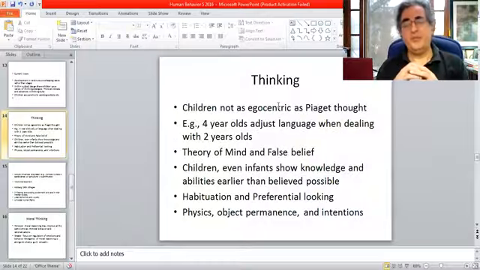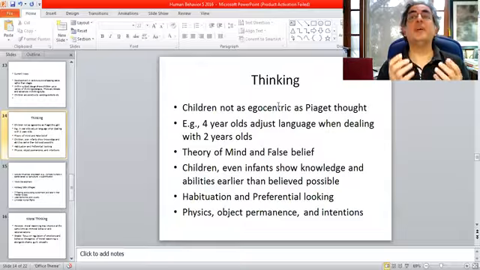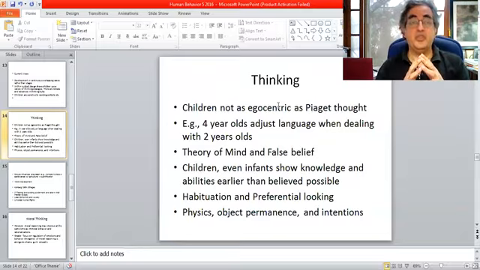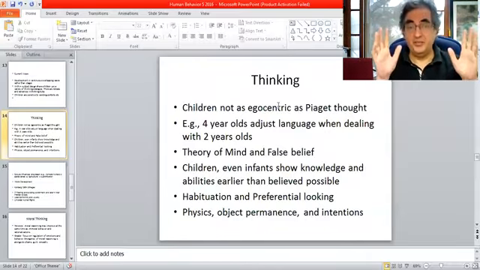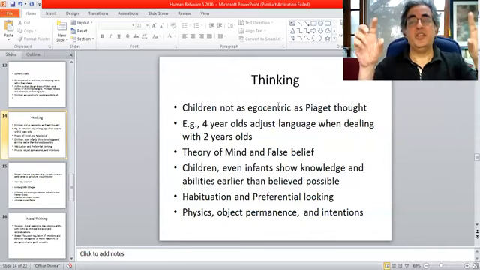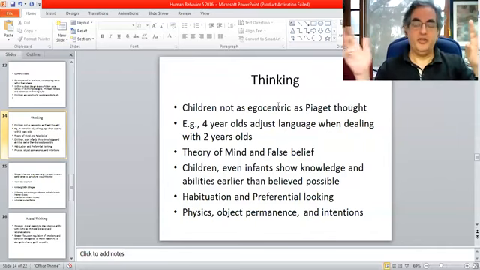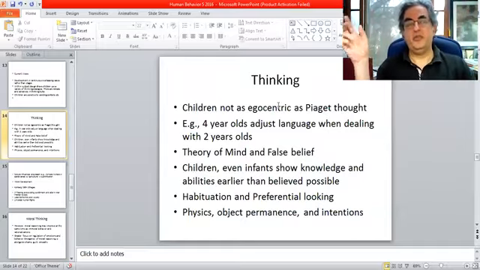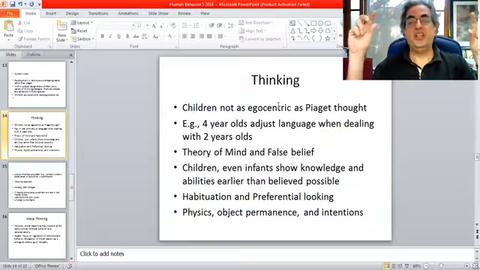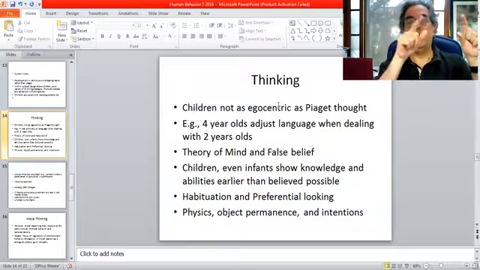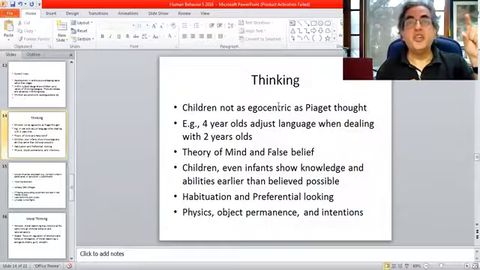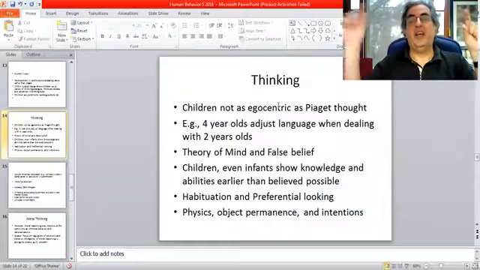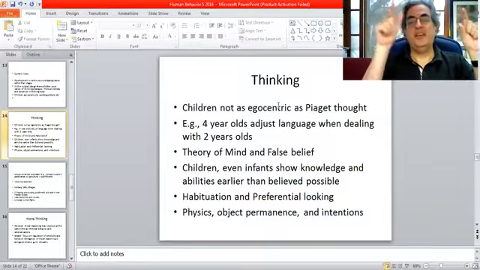Similarly, with habituation or preferential looking, you find children have some degree of object permanence. Children, a few hours after birth, show object permanence and mathematical abilities in particular ways. You show them a tube and you put ping pong balls in a tube. You put 3 ping pong balls in. It's a trick tube because from the back you are removing them, but the children can't see it. You put 3 balls in the tube and opened it, and only one ball was inside. The children's heart rate suddenly jumps. Whereas if you put in 3 balls and opened it and there were 3 balls inside,